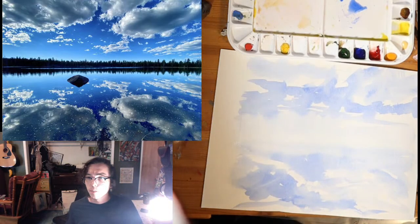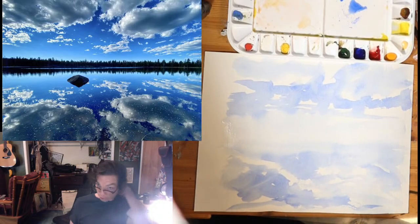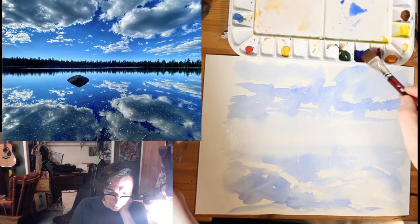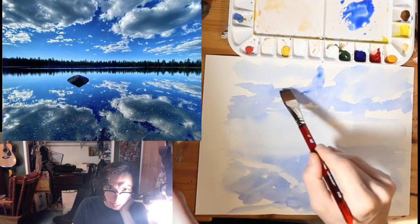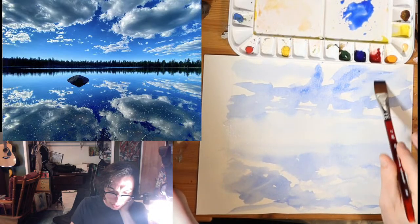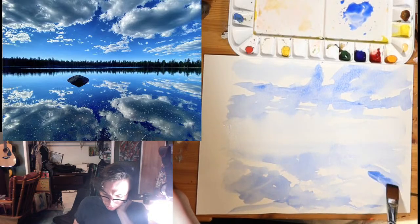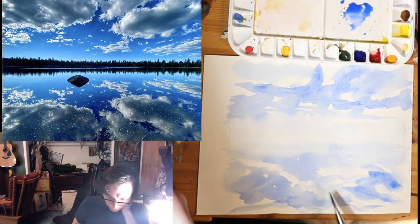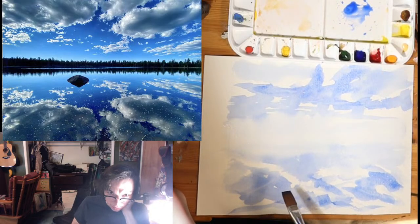So I've got kind of a light streak in the middle that I used water for, and it gets a little bit darker as it goes up. If I move around too much, if I scrub it, it's watercolor, you want to be loose with it. Let the paint